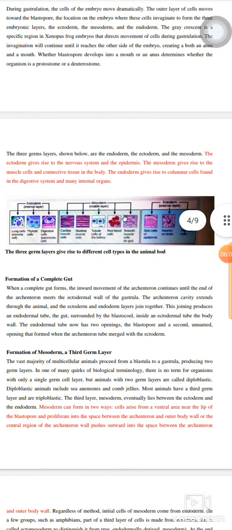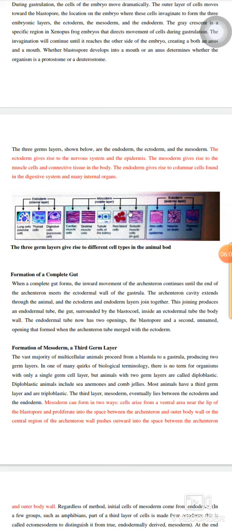Then it's also important to know that the ectoderm gives rise to the nervous system and the epidermis. The mesoderm gives rise to the muscle cells and the connective tissues in the body, while the endoderm gives rise to the columnar cells found in the digestive system and many internal organs. So in the exam, if I ask you, write the derivative of the ectoderm,